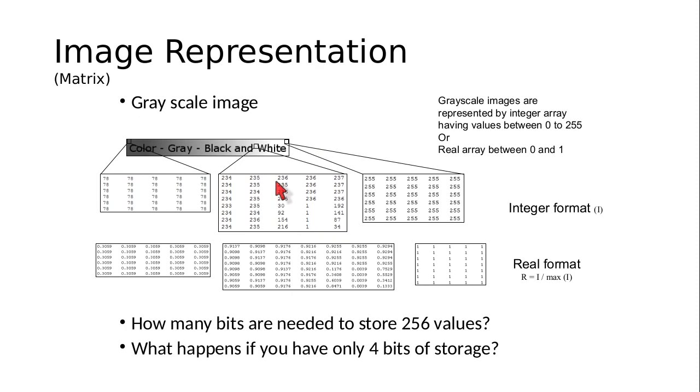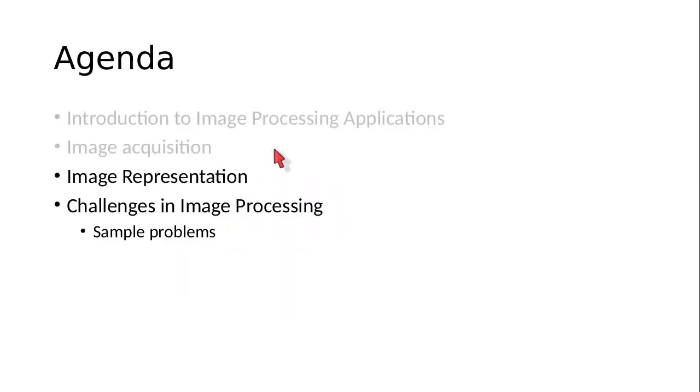You also have grayscale images. Grayscale images are where there is a single channel. So you don't have R, G and B, red, green and blue, but you have a single channel which is just the intensity of the image. So for instance, if you take this region, this is the same image which we saw a couple of slides earlier,